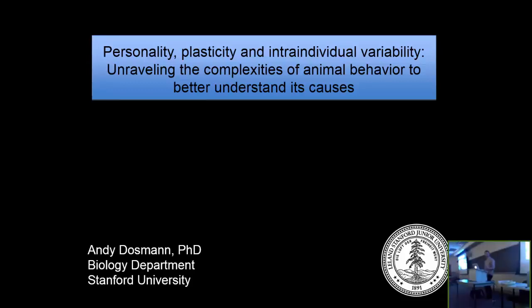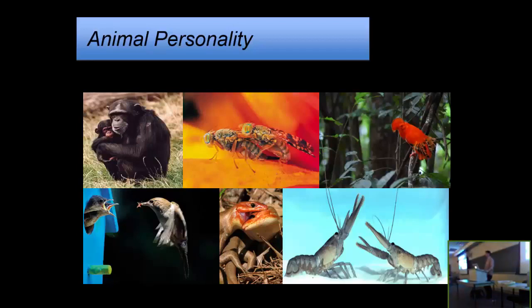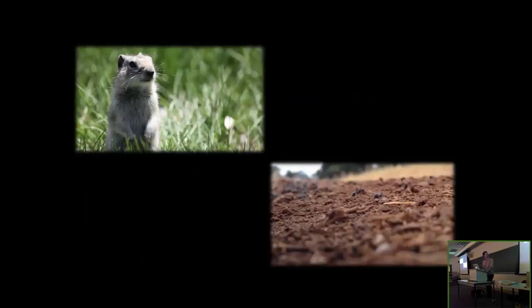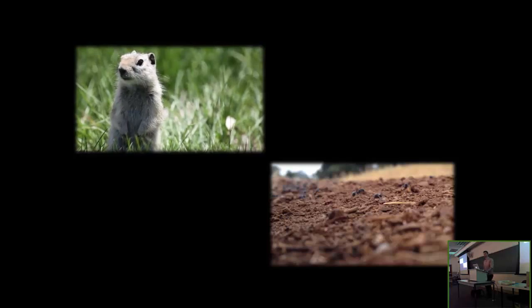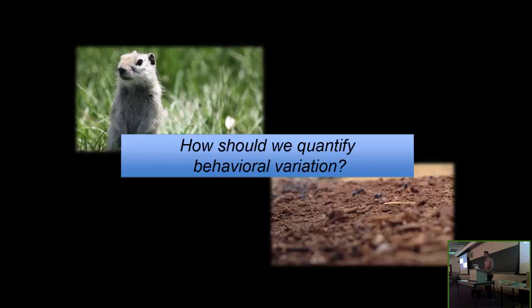Now, broadly speaking, this falls under the umbrella of animal personality. As it's been found in a wide range of species, there are often consistent individual differences in behavior that persist over time and across environments. The species I'll be focusing on, up on the right, these cute little guys, Belding's ground squirrels, will be the focus of most of the talk. But I'll also present a little bit of data on harvester ants, down in the lower left. Very different species, kind of spanning the range of species that exhibit personality.